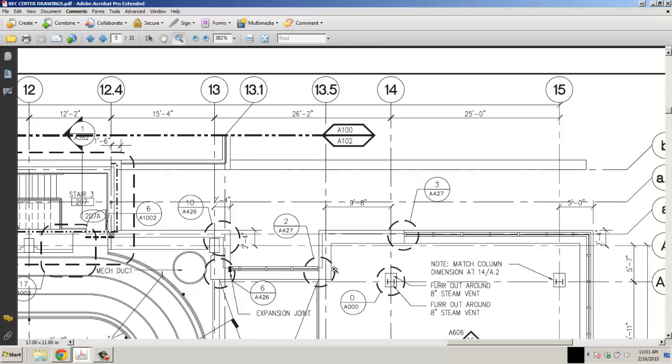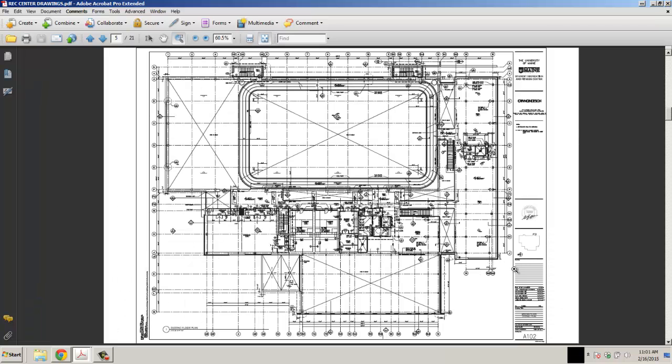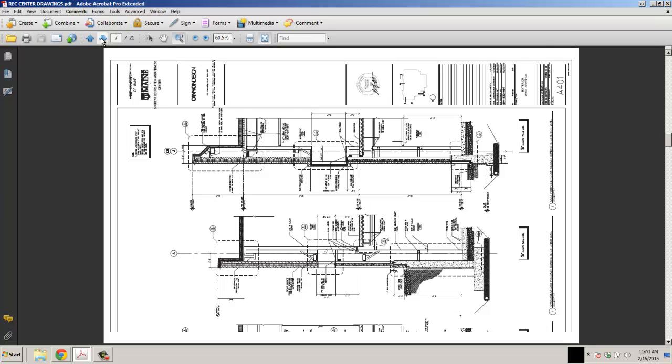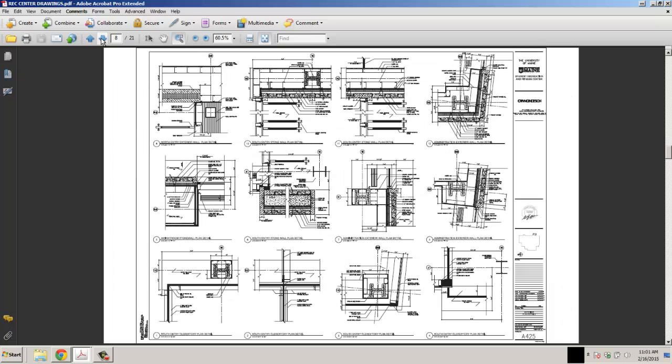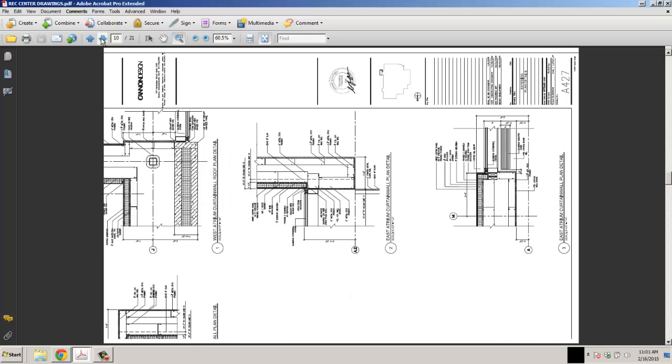All of these little circles indicate details of the construction on different sheets. A427 is detail 2. So if I wanted to know what this looked like up close, do I have an A427? Let's take a look. Probably not. 401, 425. Oh, A427. So this is just a partial, and I don't know exactly, but if it was this one up